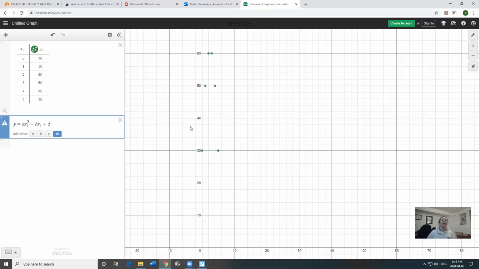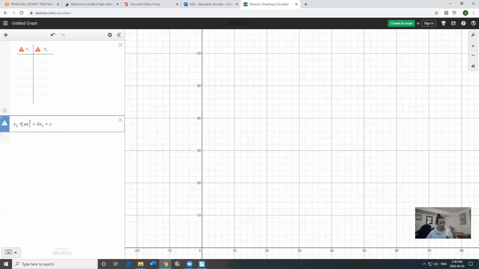Still, nothing's happened. I want my Y value to be the Y value from my table. So I'm going to put a little 1 up there also, just beside the Y. Uh-oh, and something bad happened. My table erased. Don't worry, it's okay. I'm trying to get the computer to give me an equation, but it can't exactly equal. An equation can't exactly equal points, but they can approximately equal points. So we're going to use the squiggly line on your keyboard, right beside your number 1 key. If you replace the equal sign with that,